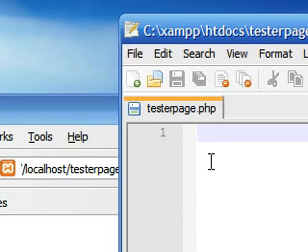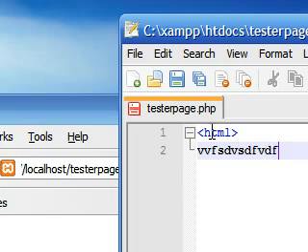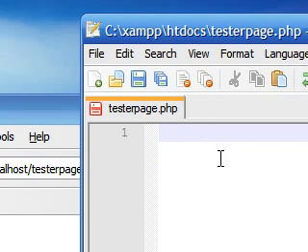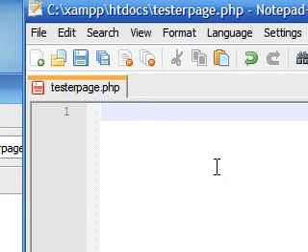to write PHP, you need to start with PHP tags. Now, if you start writing HTML tags and start typing some PHP code in here, it's not going to work. You need a special PHP tag, and that's this: a less-than sign, question mark, PHP.